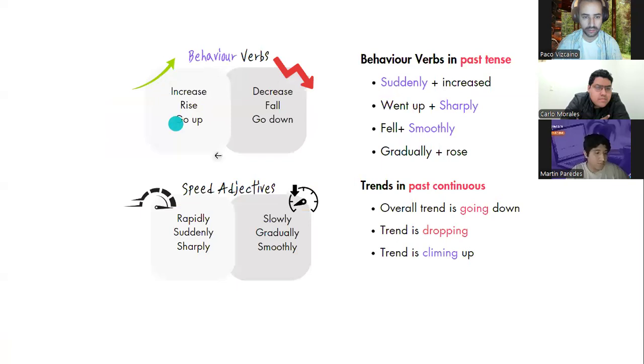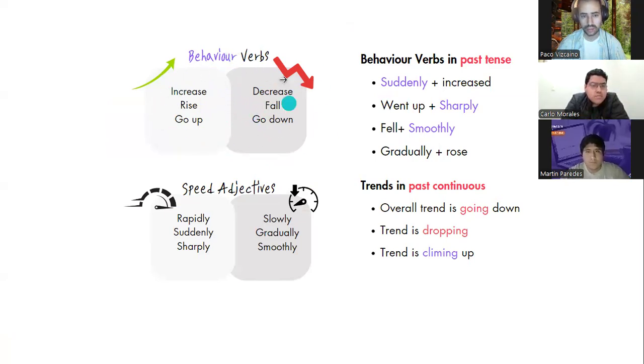I'm going to explain this first. The behavior verbs we have, people usually stick to one, the most comfortable. The one I like the most is go up and go down because it's very safe. I could use go up and go down and everybody will understand. Increase and decrease is for people that are more analytic, and rise and fall are also good options to use. Okay. So for example,